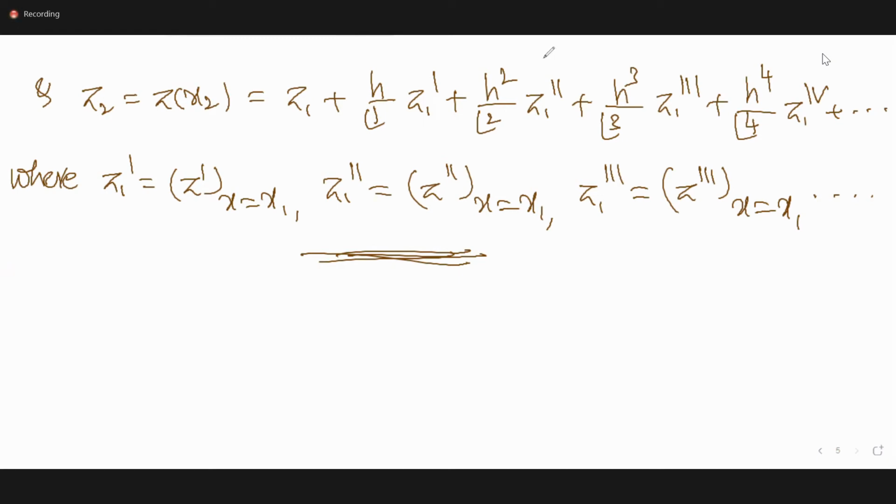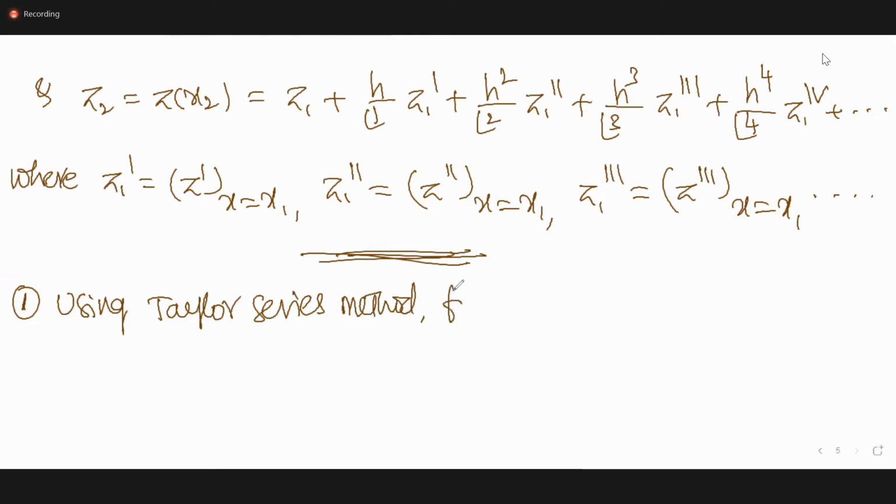In the last class problem, solve the last class problem using Taylor series. Using Taylor series method,